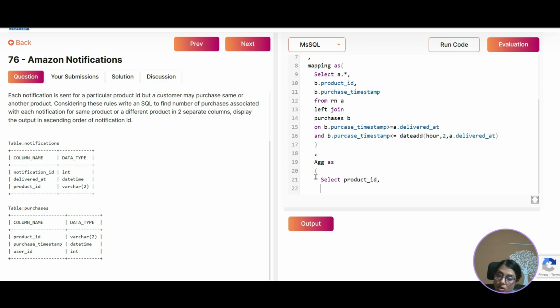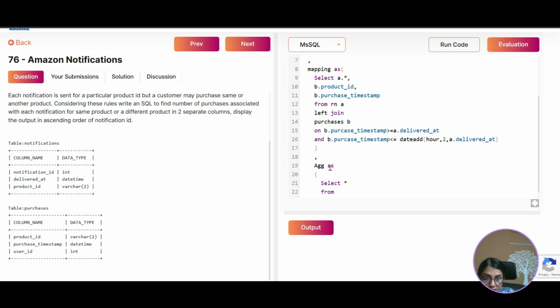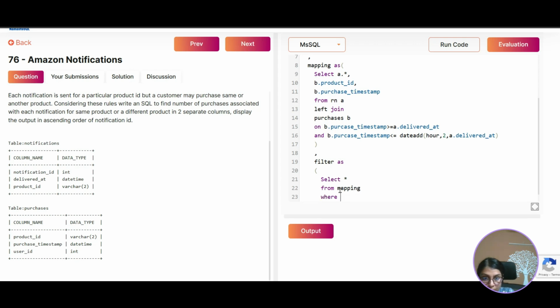That's for sure. Also, no product IDs, which is completely fine. And then we will check if A dot product ID equals B dot product ID, then that is same product. And if it's not, then it's different product. And also we will consider only filter out. So okay, select everything. Select star from, let's filter out. Filter as, select star from mapping where